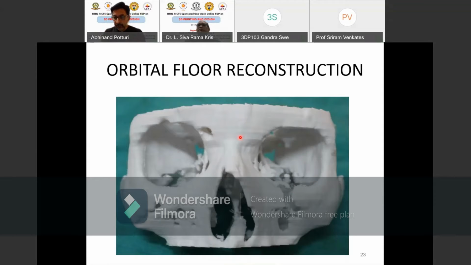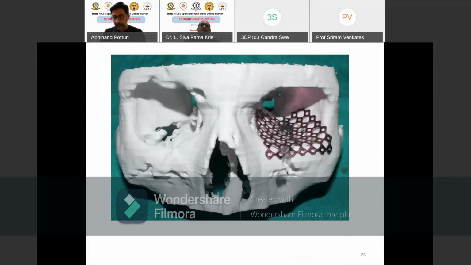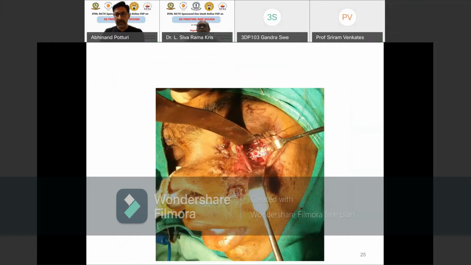This is a very, very common kind of trauma which happens. And what we do, we print the patient's facial skeleton. Here, this fractured bone is removed on the computer, and then we mirror image the normal bone onto this side, and then we print it. Once we print it, we take a titanium plate again. This is a titanium mesh, which will be bent in the shape of that bone exactly on the 3D reconstruction we have made. And then this will be taken into the operatory table, and this mesh will be used to support. This is the eye of the patient.